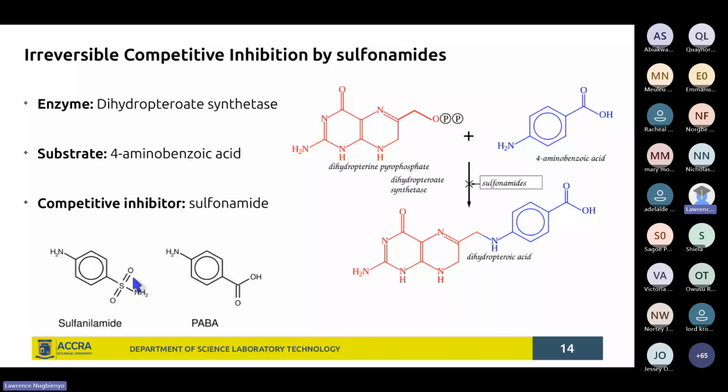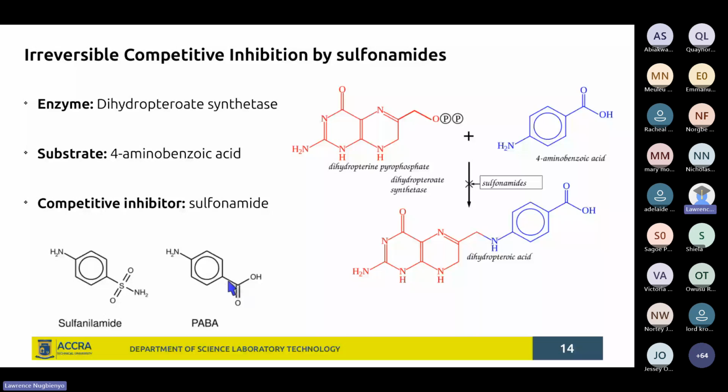And so sulfonamides are structural analogs of the substrate para-aminobenzoic acid, so that when you have sulfonamide binding to the active site of the enzyme dihydropteroate synthetase, then it's like the enzyme is blocked, the para-aminobenzoic acid cannot bind to the active site, and so the reaction will not be catalyzed, the reaction will not proceed,